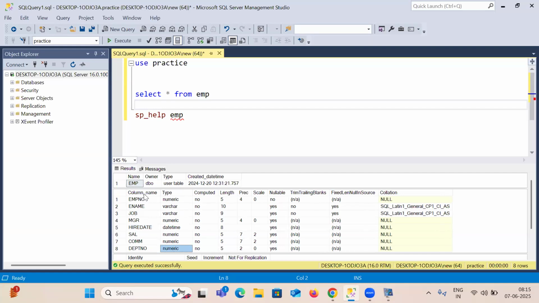So these are all data types, and each column belongs to one of them. Here are the lengths: employee number has size 5 and employee name has size 10, length or size, whatever it may be. Understood? One question, sir: what is SP? SP stands for stored procedure. Oh, stored procedure, okay, got it. So this is the syntax